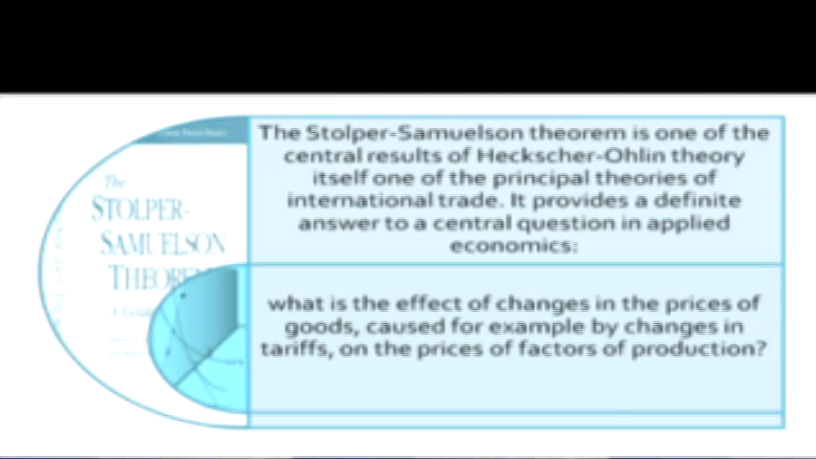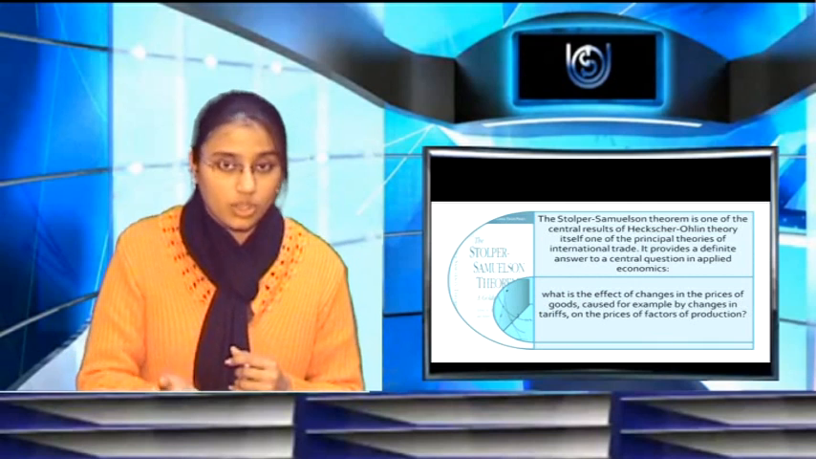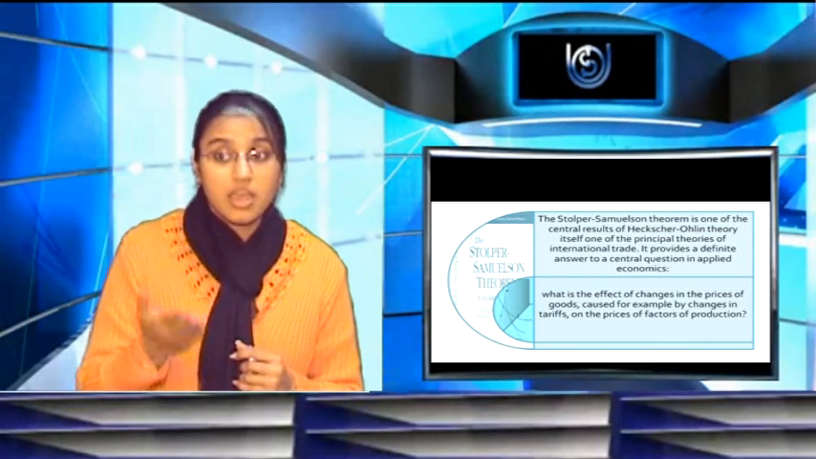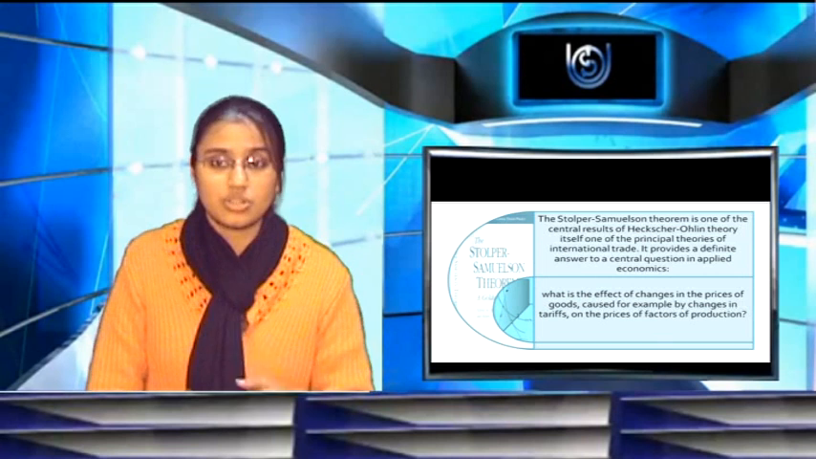Now again a few questions arise and this SS theorem gives answers to a few questions, for example the effect of changes in the price of goods. If the prices of goods change, then what? At the same time, changes in the tariffs. If tariff charges change, or the prices of factors of production change, then what? So these are the central questions, and the answers to these central questions were given by the SS